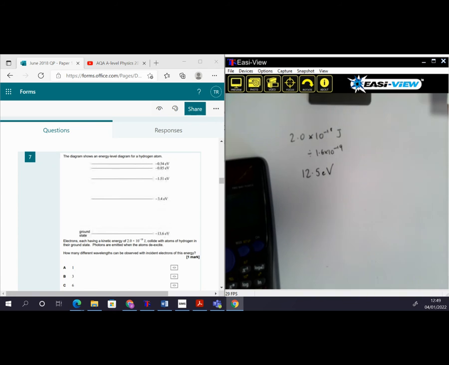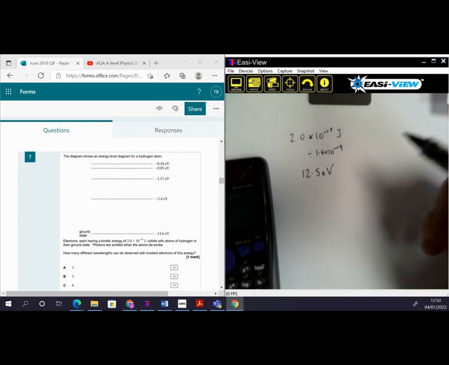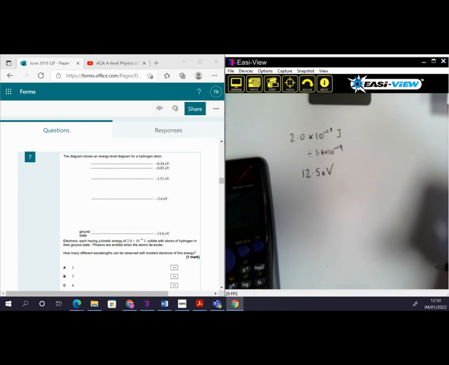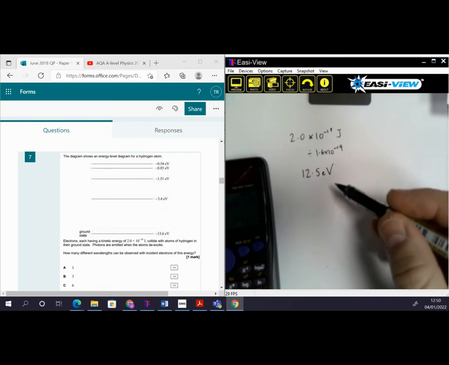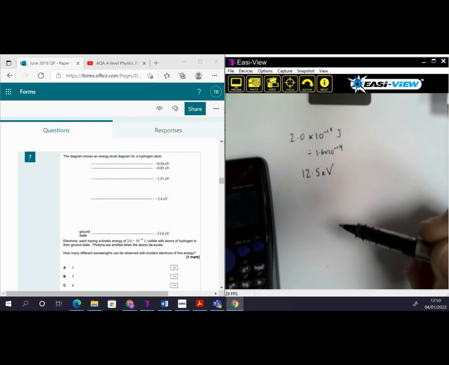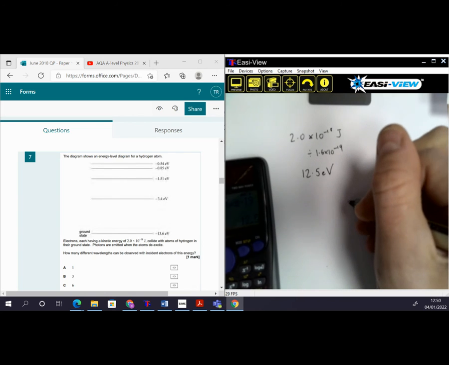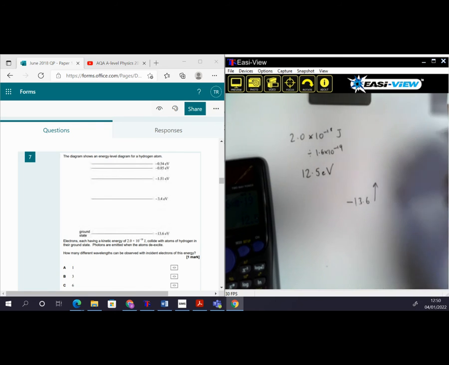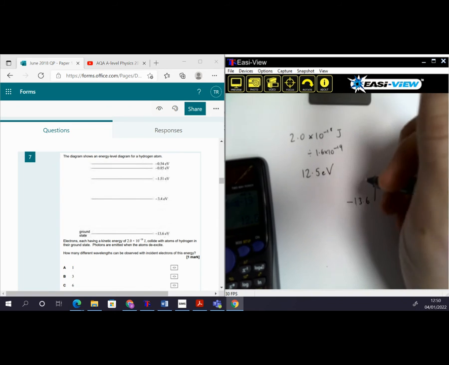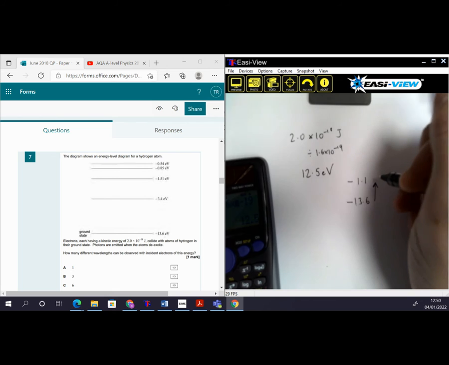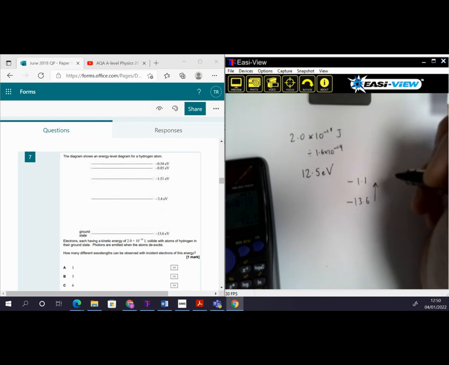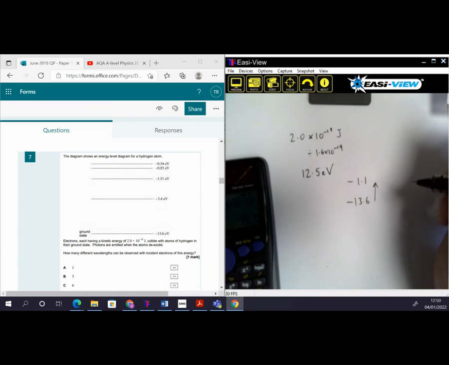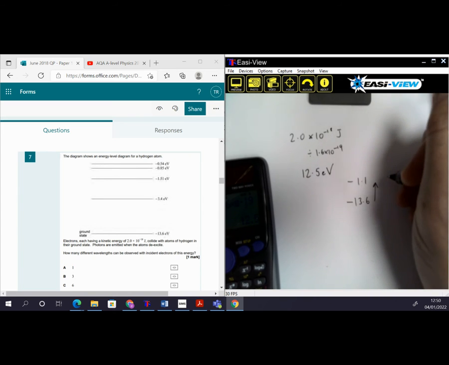Now looking at the transitions available, the ground state is where the electrons are starting. So these are the electrons that are going to absorb some of this energy. If it gives all of its energy, we go from negative 13.6 up to negative 1.1. Now, there isn't an energy level at negative 1.1, so we can't have a collision where it gives all of it. But there is an energy level of negative 1.51